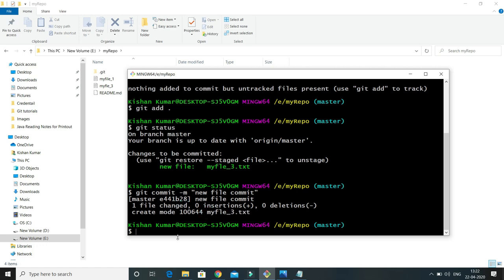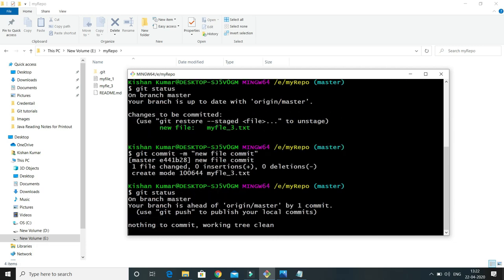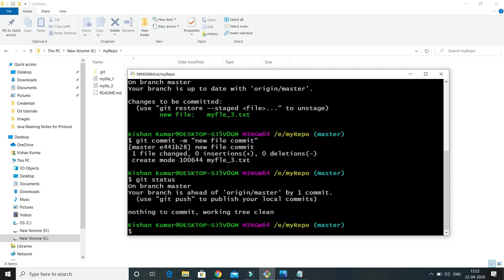Now if you do git status, it says there are no files waiting in the staging area. Now we are ready to push. Once we do the git push, it will push to our remote repository, and that will be publicly available. So I would say git push.